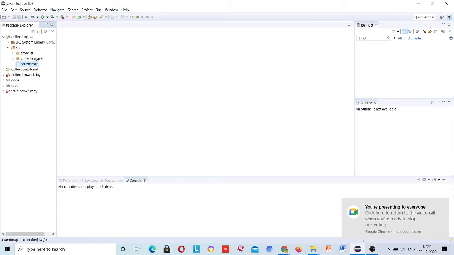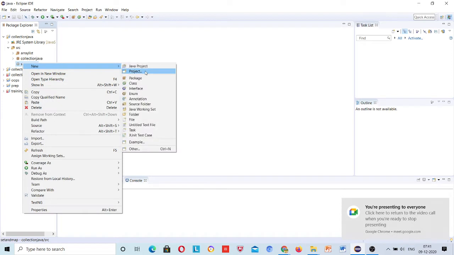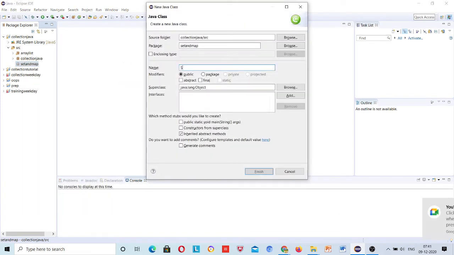So I will create a class called SetExample and then check the main method.